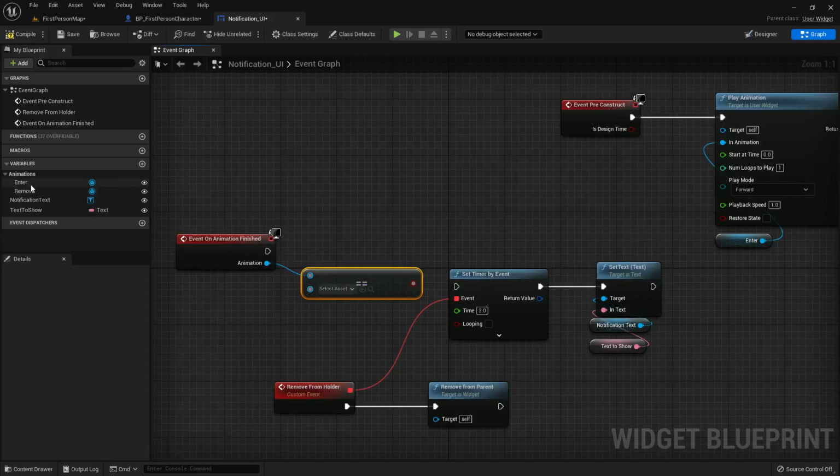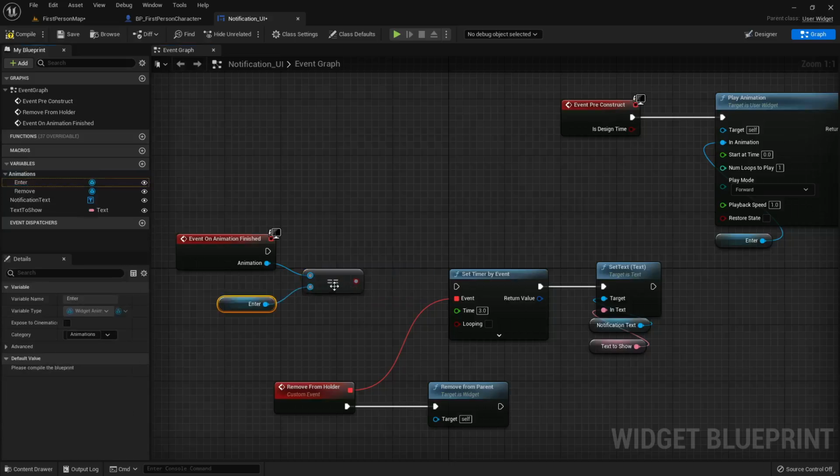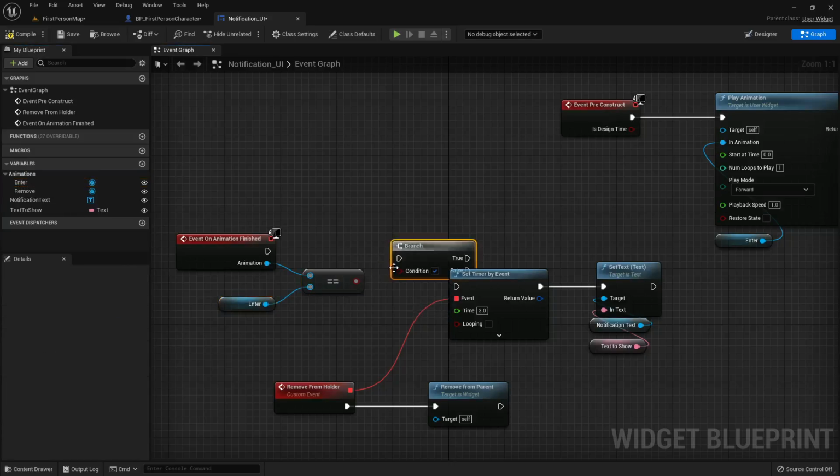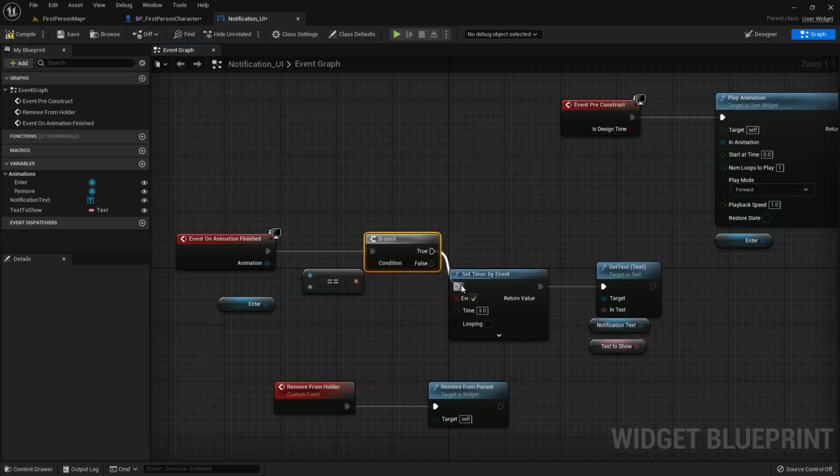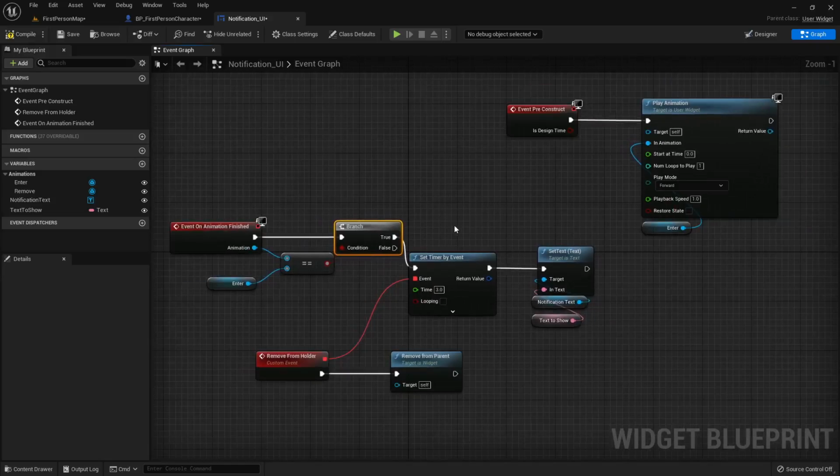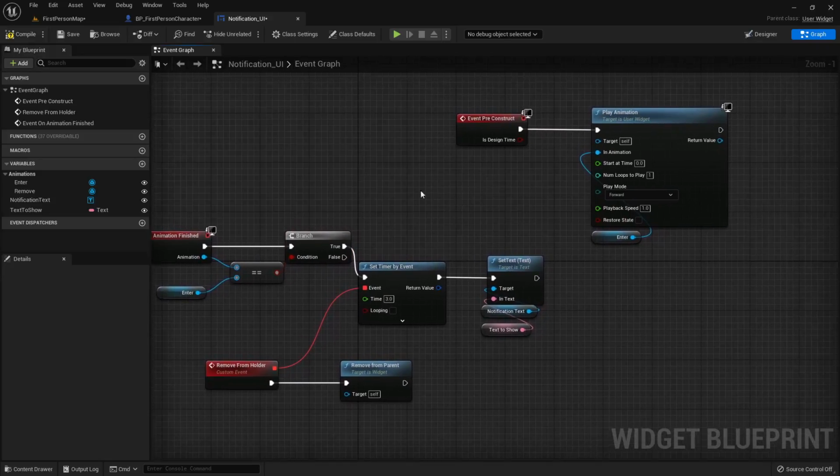We're going to get our enter anim, bring in a branch here, connect that to there, connect them, and we're going to plug in the true to the set timer. Once you have done all of this, we're going to compile and save, and we're going to give this a test. So what this should do, it's going to pre-construct, it's going to play the enter animation,